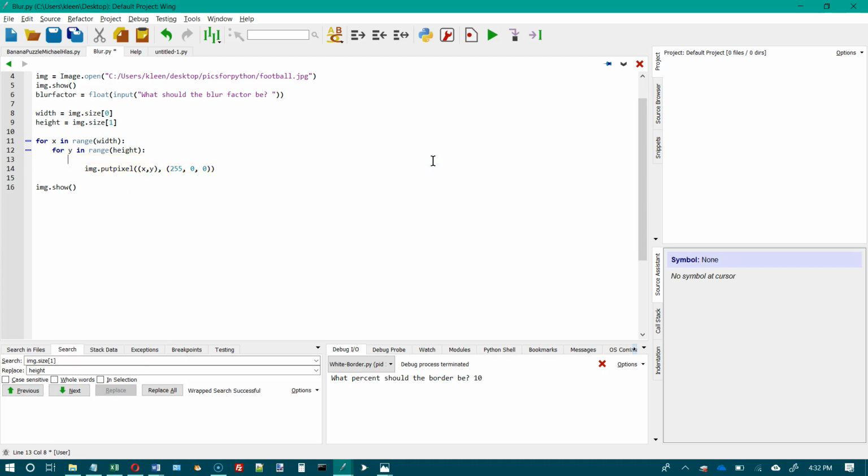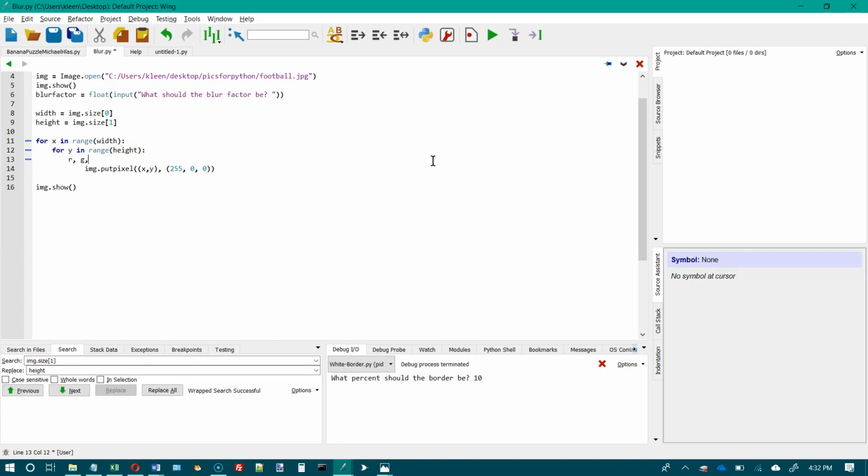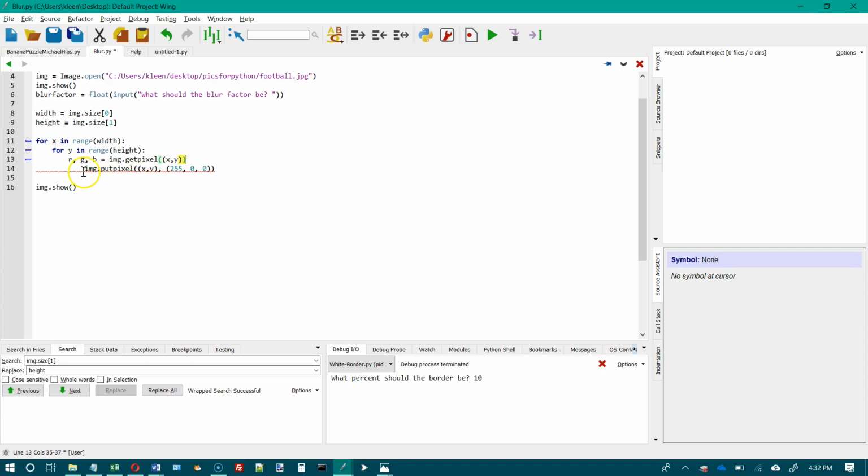So I'm going to do an R comma G comma B equals image dot get pixel, and then I give it the X and the Y coordinate that I'm currently on. So whatever X and Y are right here. Okay. So I'm going to get the pixel, and then what I'm going to do is I'm going to get